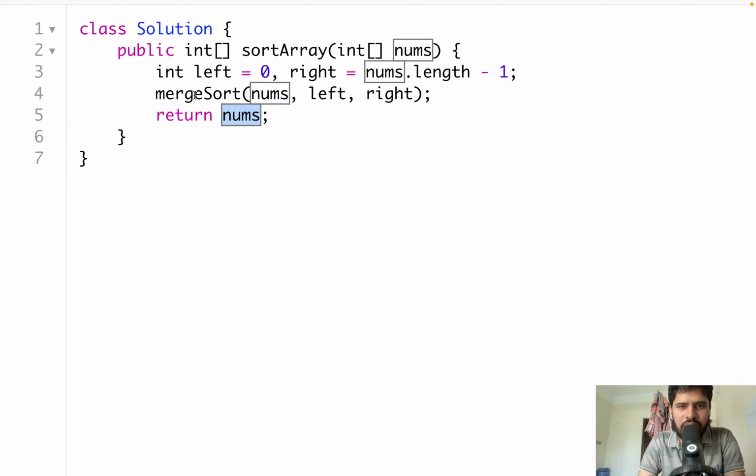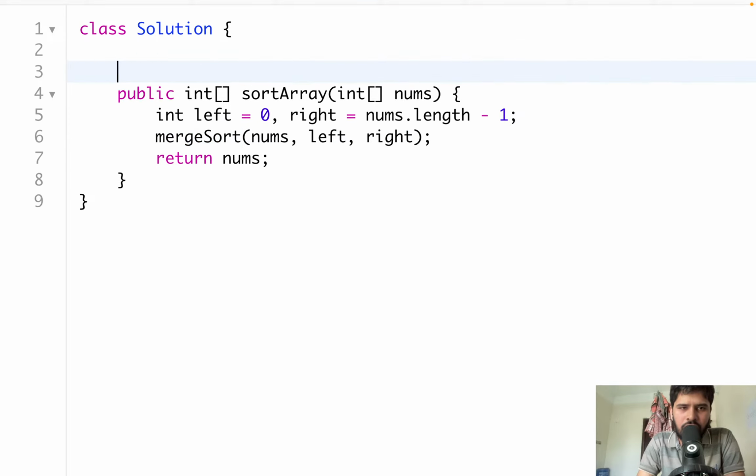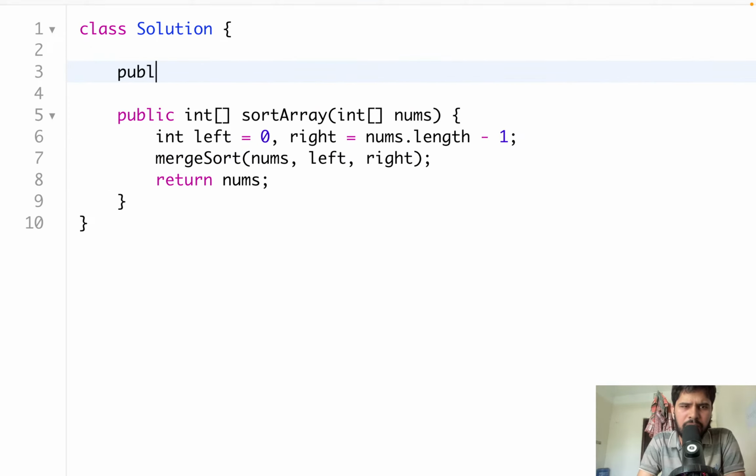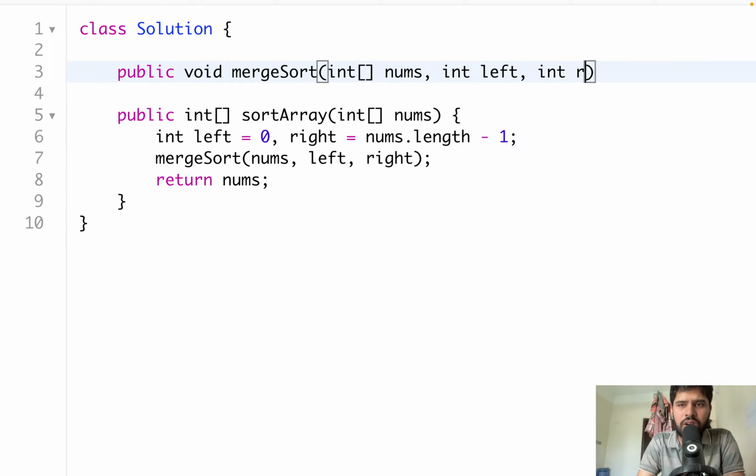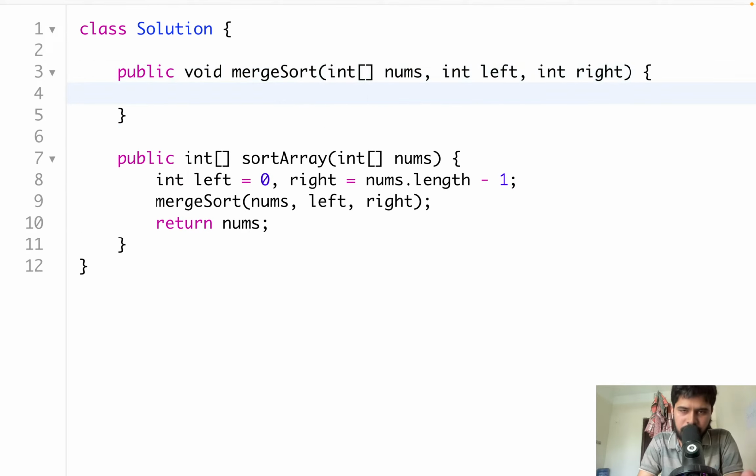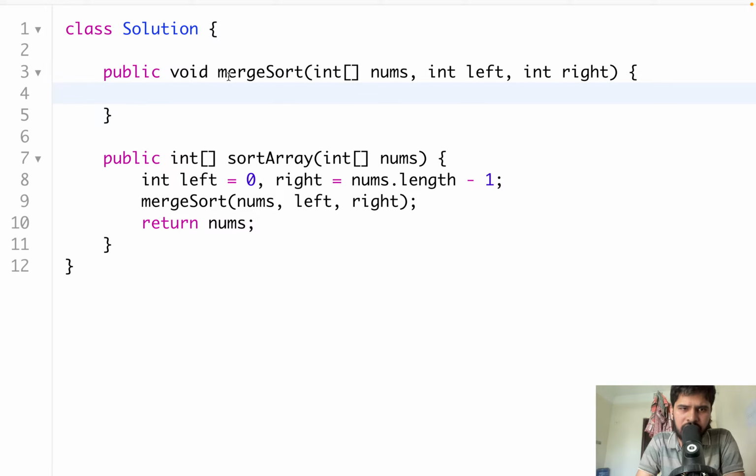Okay. Now let's implement this algorithm, merge sort. Right here, public. The return type is integer, merge... no return type actually, because we are modifying the array in place. So public void mergeSort(int[] nums, int left, int right). All right, so now right inside here, what we are going to do,